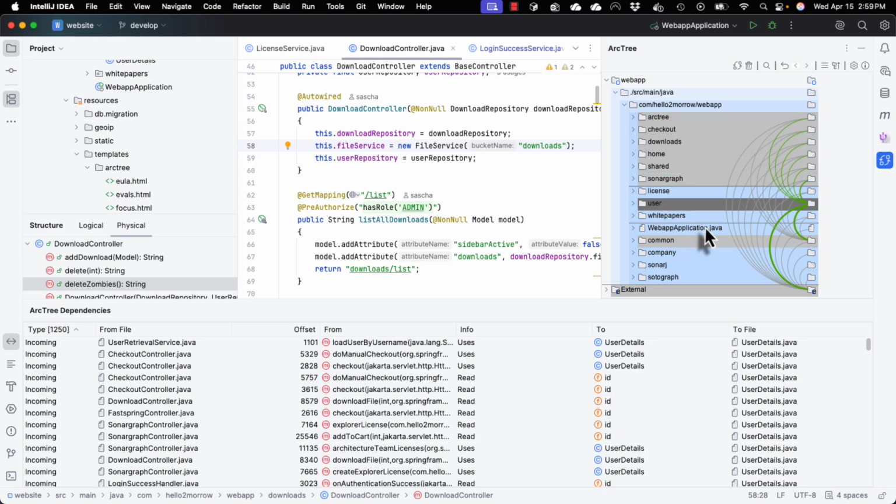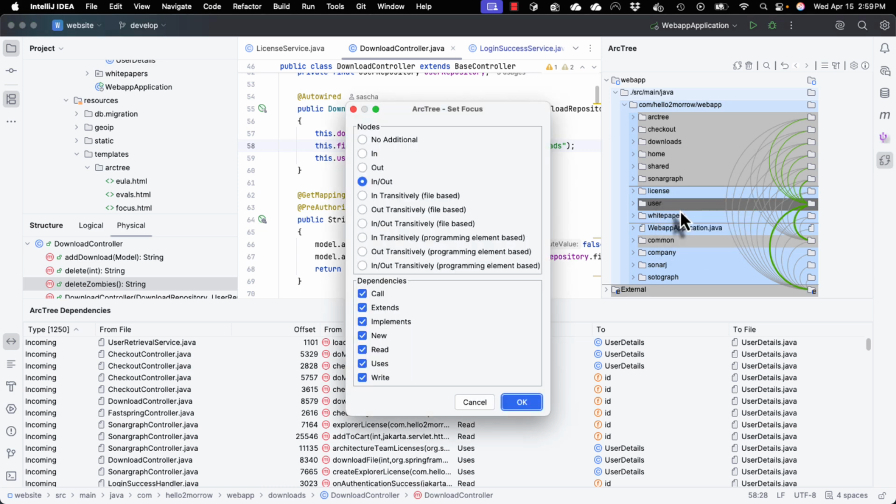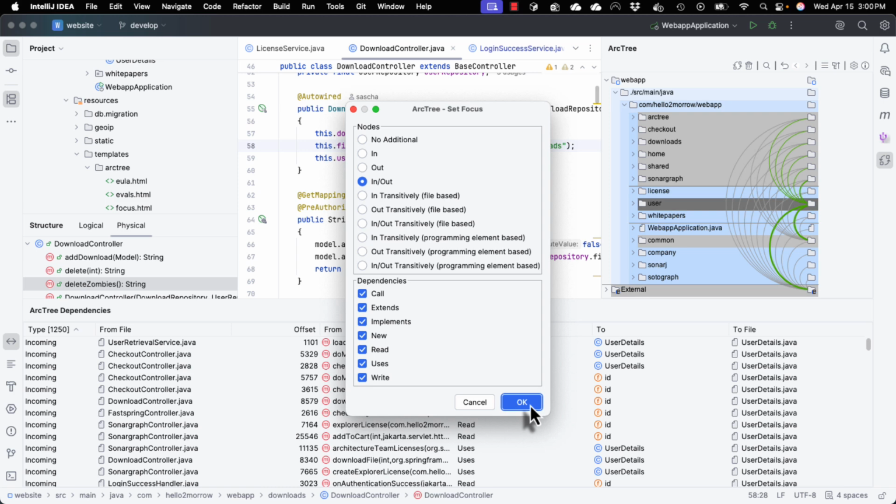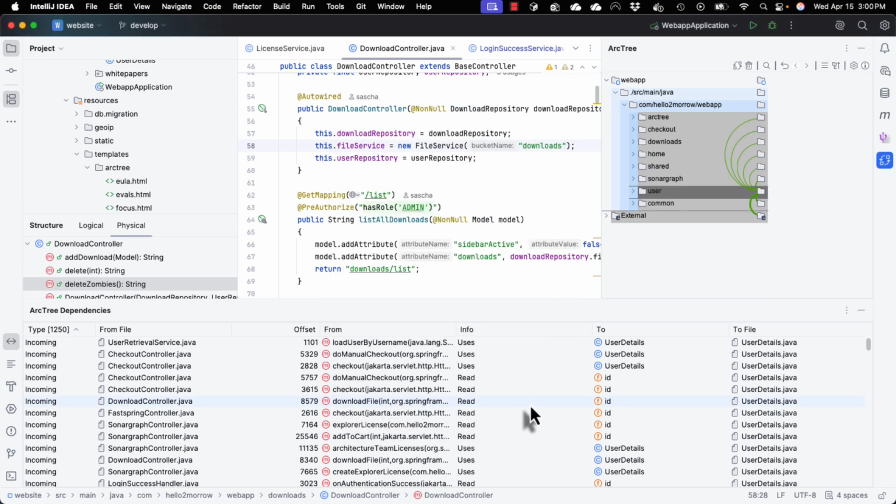For example, if I look at this user package here and want to focus only on the incoming and outgoing dependencies of this particular package, I can right click on this package and set a focus. And we have different modes here, and I think this one is self-explanatory. So we just want to look at the in and outgoing dependencies of this particular package, and our picture changes,